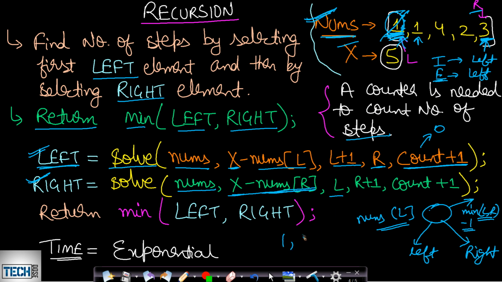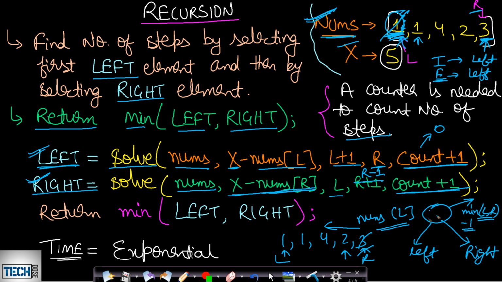Our array was 1 1 4 2 3 and this was our left value and this was our right value. Now since we are selecting the right value, our right pointer will decrement to the left hand side. So this will basically be r minus 1. It will not be r plus 1, it will be r minus 1, because the right pointer will be moving to the left hand side. And now since we have selected an element, we will be incrementing the sequence length, which will be count plus 1. Okay, so this is the logic for making the right hand side call from a node.